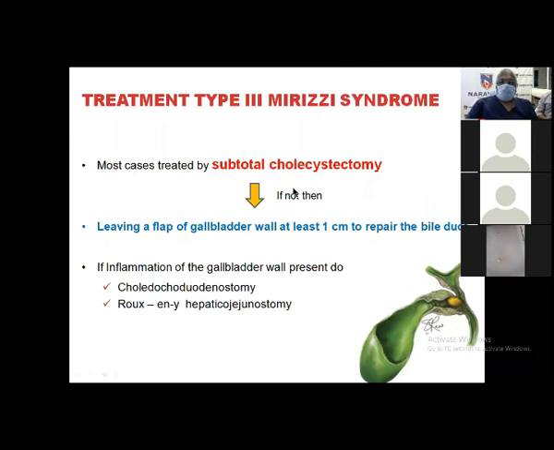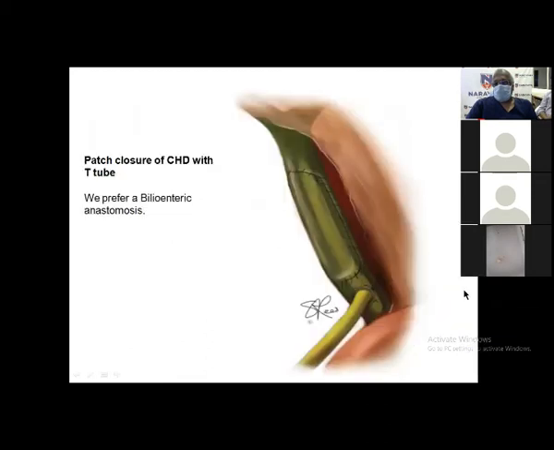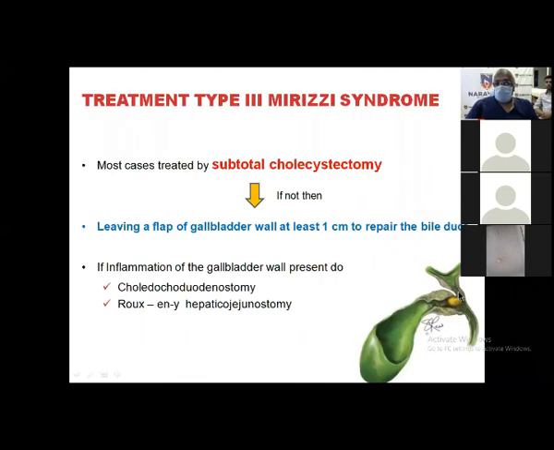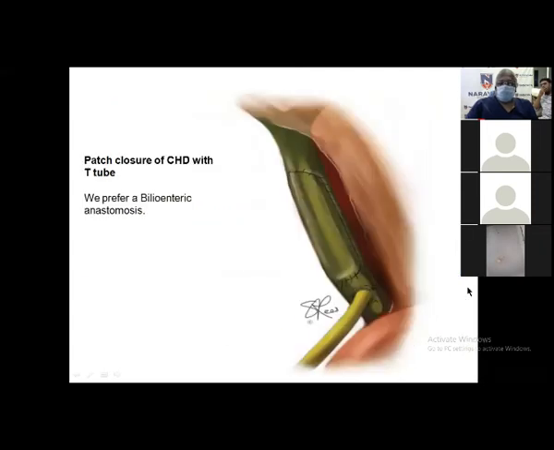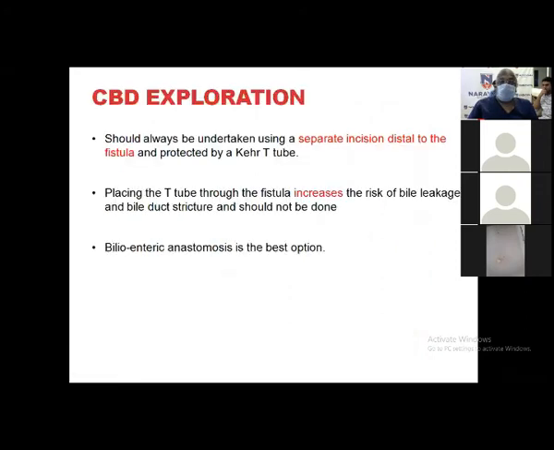Type 3, subtotal cholecystectomy, I will not advise. I'll rather ligate the whole bloody thing here. Then I'll do a hepaticojejunostomy. That is what is the standard in that. There is no role of choledochoduodenostomy in this because this is far away from the duodenum. We may not get it. So we'll have to do a hepaticojejunostomy. This we don't do it at all, putting a patch, bile leak, keeping a T-tube. Forget about it. It is only for completion of the story.